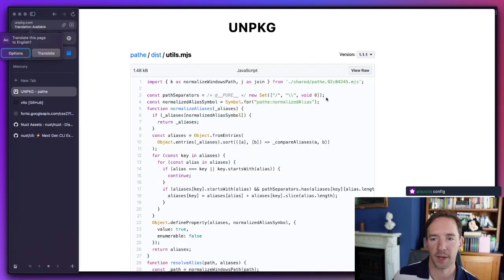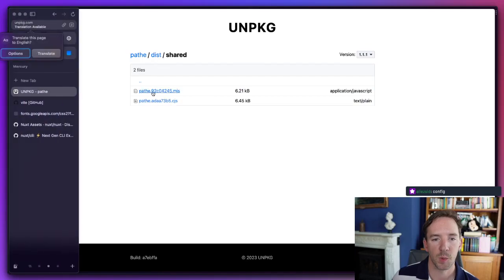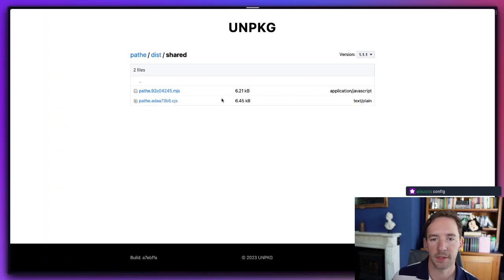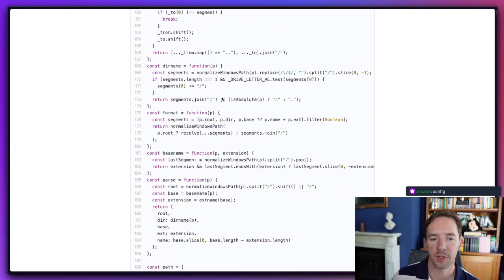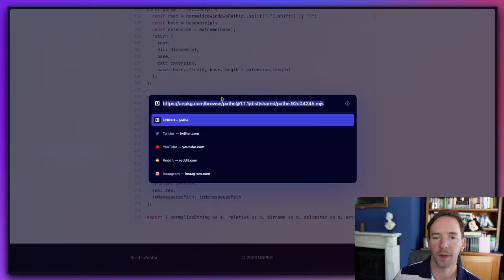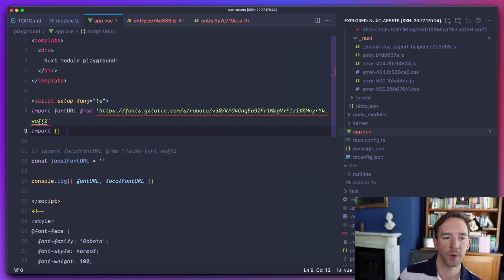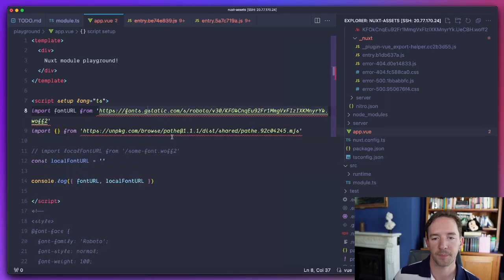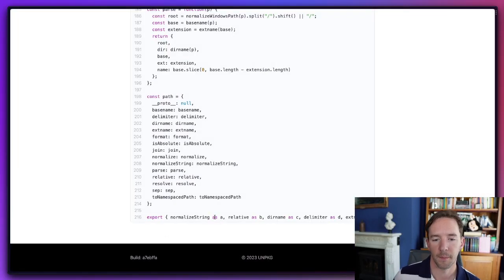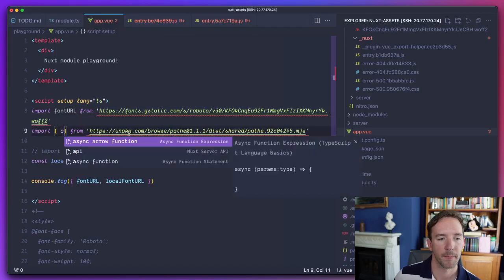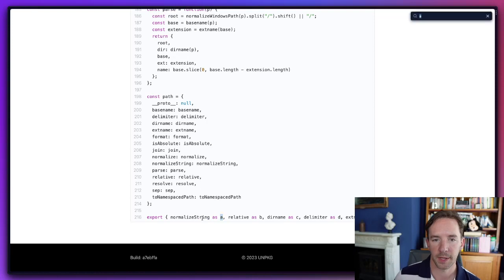We are going to have to support relative imports, but I just want to start with something that doesn't have any relative imports. It just has some exports. So this file meets that pattern. So what we want to do at this point is import A, I guess. And that's going to be normalized string,